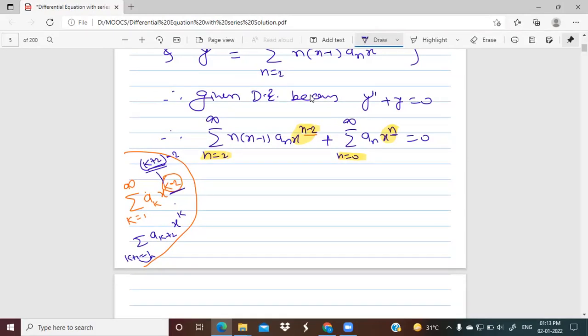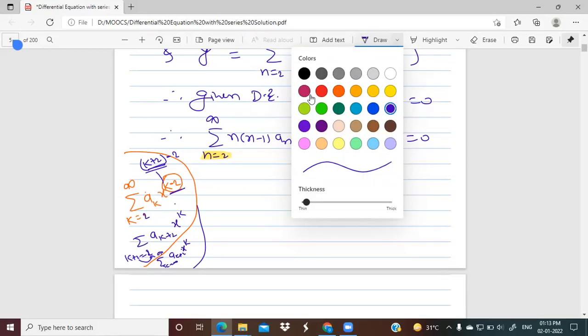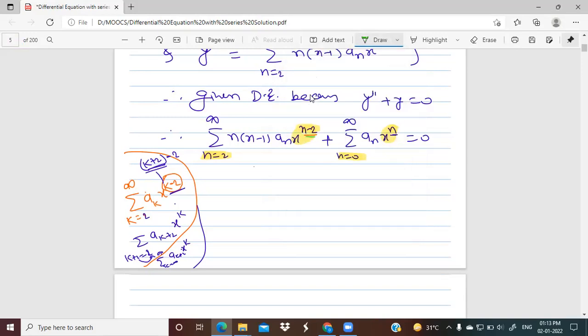Or if I take this from 2, then this directly becomes k equal. The series becomes the summation k equal to 0 to infinity, k plus 2 into x. I hope you are getting it. I'm using the same idea. Now what I'm doing is changing this power. I would like to convert this power into n. Therefore, what do we have to do? Write this power as n. We have to replace n by